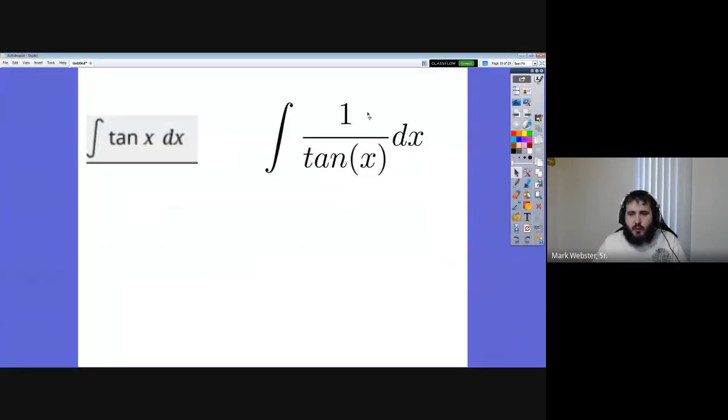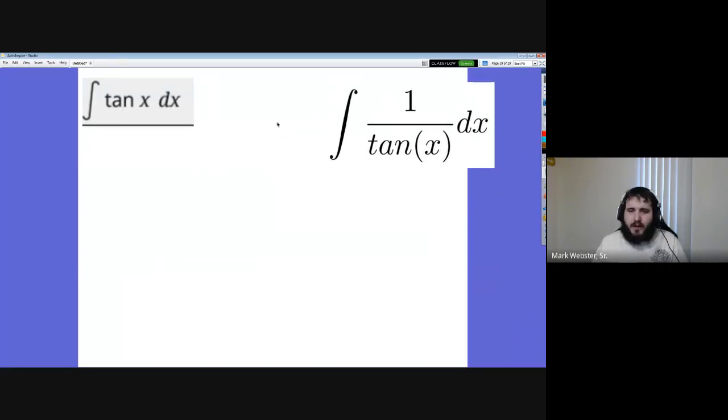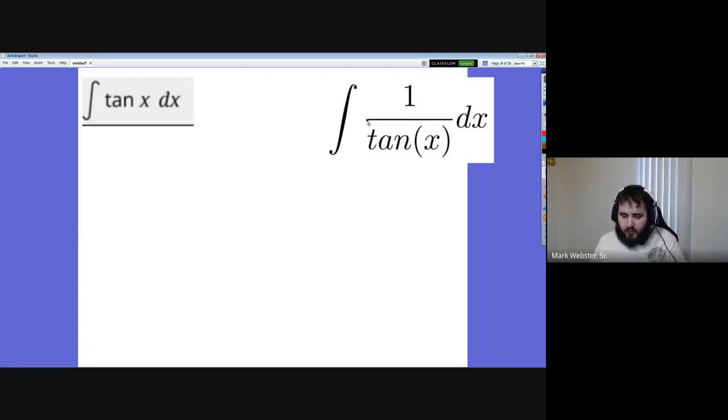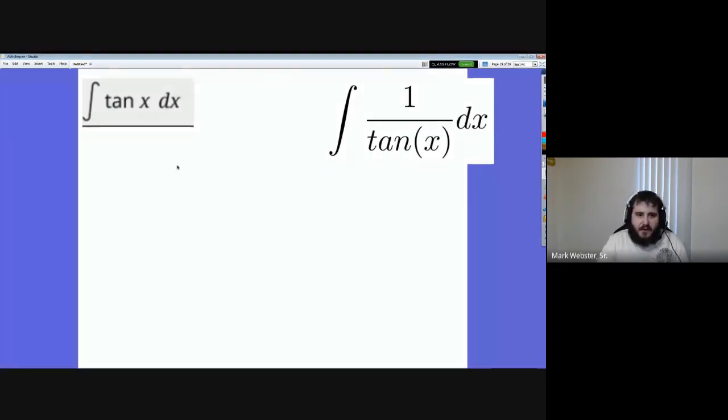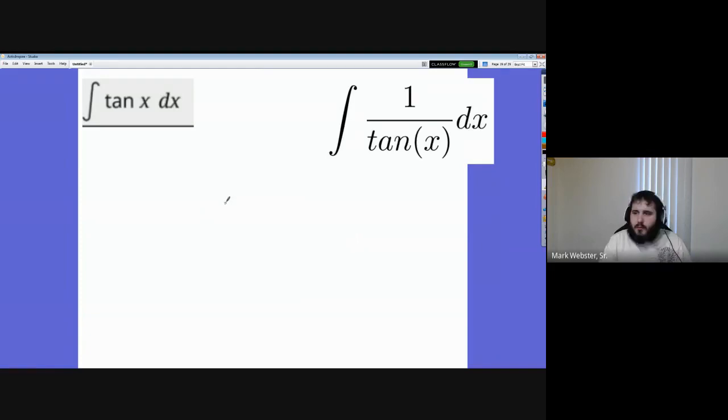So like here, I've got two different things that we don't know how to deal with. Like I never went over the thing that you take the derivative of and you get the tangent function, or the thing you take the derivative of and you get the cotangent function. So what I want to do is take a second and explain how substitution works. The idea is we've got something we can't use and we want to take it and turn it into something that we can use. So for example, for the tangent function,